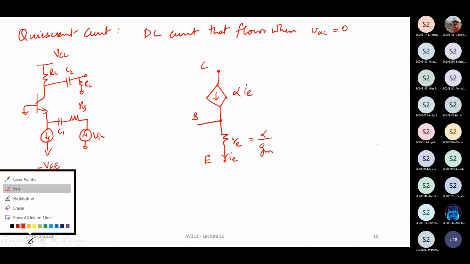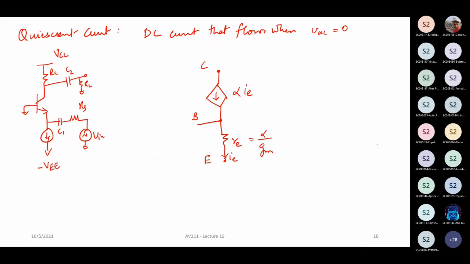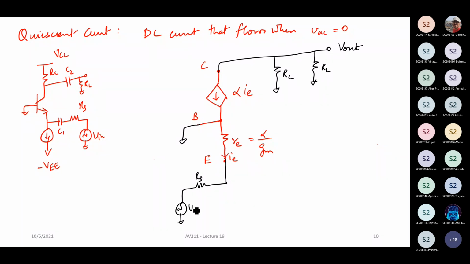Now, how is the connection made? This is your T model that we saw earlier. Now, first of all, your base is grounded. So let's go and ground it. Even if it is given to a DC supply, it's still an AC ground. So connect the base to ground, right? Now, what happens to the collector? Your collector is connected through RC to AC ground. Capacitor is a short. You have RL to AC ground. This is your Vout, right? What happens at the input? Your input is connected to, let's say, RS, and you have your Vin. This is your small signal equivalent circuit.